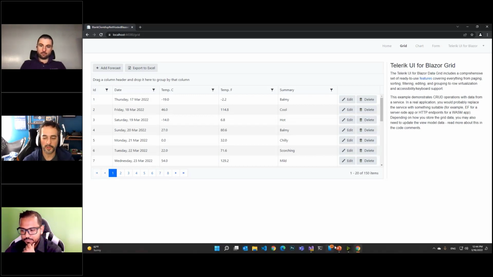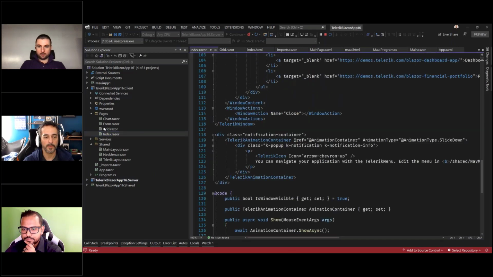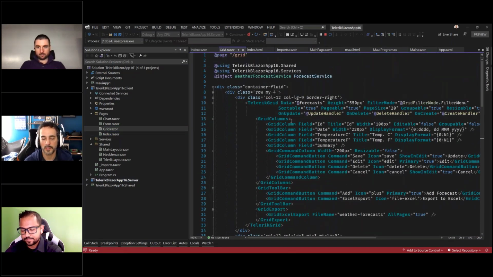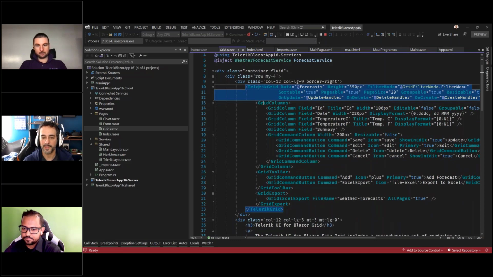So if you're coming from a web forms background, the way that these Blazor applications and component systems work feels very similar in the way you describe components. So in this example, we have a Telerik data grid. It's similar to the way that you would write a data grid in web forms.